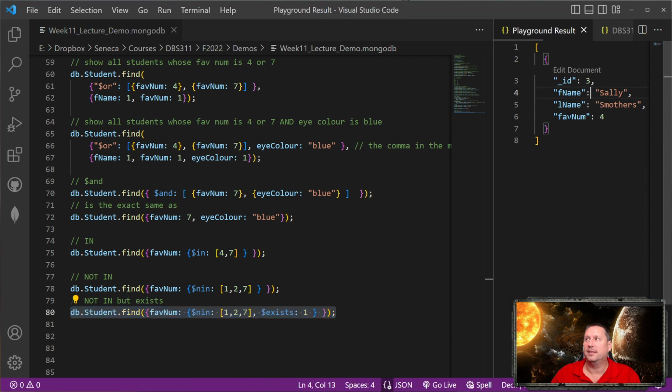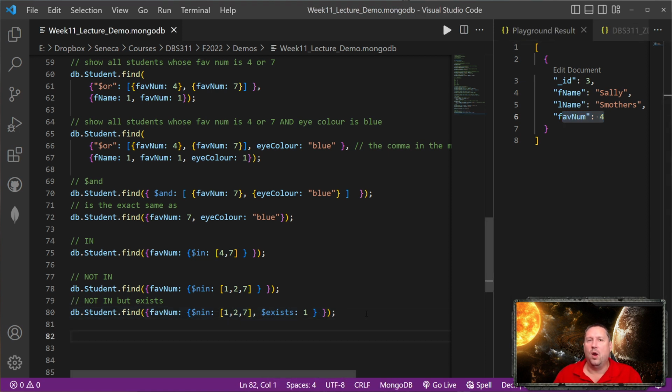And there we go. We got Sally, whose favorite number is 4. So all the ones where the favorite number doesn't exist are not included. So it depends on what you're doing, what your question is, which version you're going to use. Okay? Now, one benefit of me having to re-record this video is that I had mentioned in our lab periods